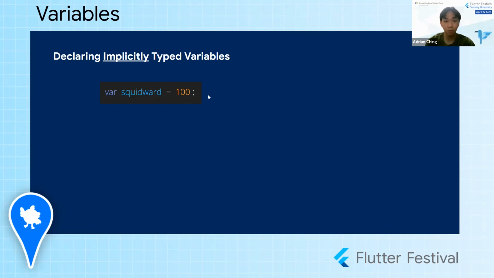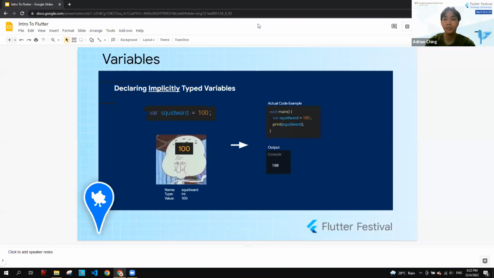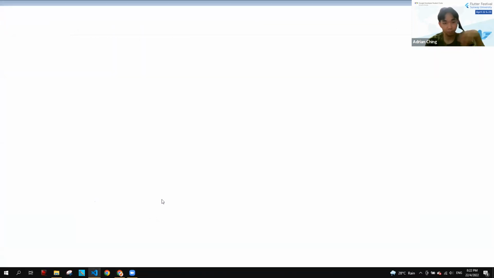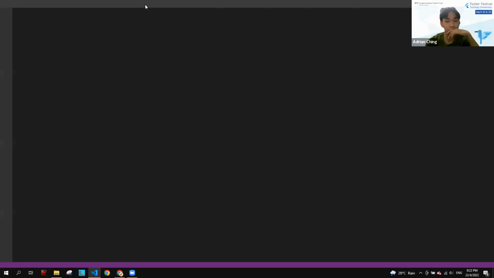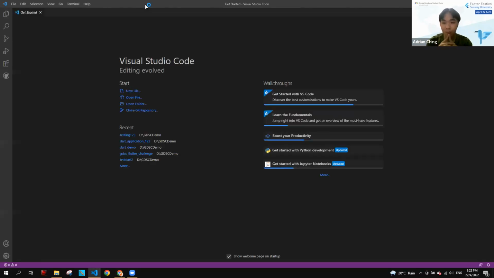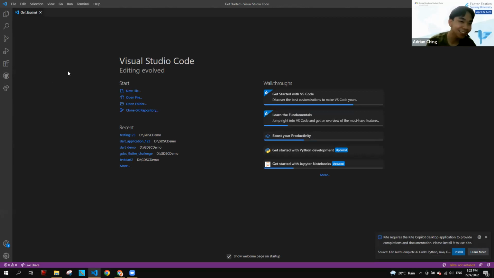Now if you want to follow along in code, open Visual Studio Code. Why Squidward of all things? To prove that the name can be anything you want as long as it follows the rules. Okay, I'll wait for about 10 seconds for everyone to open Visual Studio Code.